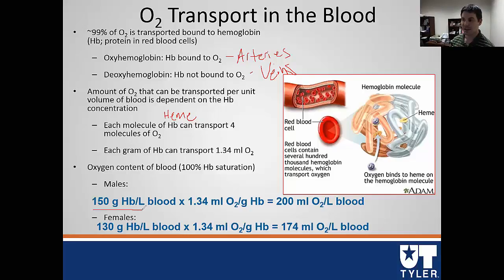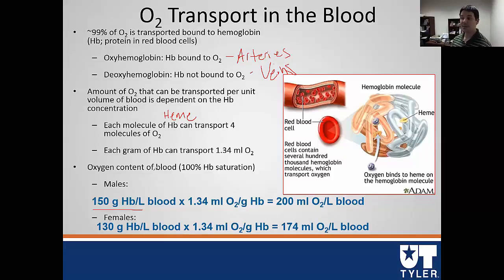And then if we estimate that males have about 150 grams of hemoglobin per liter of blood, multiply that by the amount of oxygen that each gram can carry, each male can carry about 200 mils of oxygen per liter of blood. And so you say, okay, why is this important? So one of the reasons, as we relate it back to exercise physiology, is the idea of blood doping. The goal of blood doping is actually done in one of 2 ways. One, they'll take a drug called EPO,